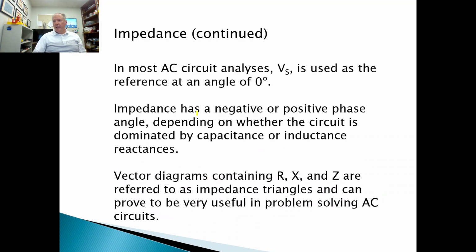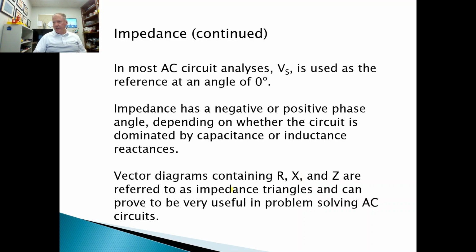Okay? Now, in most AC circuit analysis, the source voltage has a reference angle of 0 degrees. Now, impedance has a negative or positive phase angle depending on whether the circuit is dominated by capacitance or inductance. Inductance will have a positive phase angle. Capacitance will have a negative phase angle. And the diagram will have R, X, and Z, where R is the resistance, X is the reactance, and Z